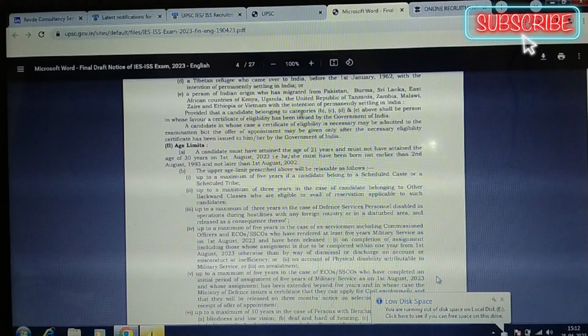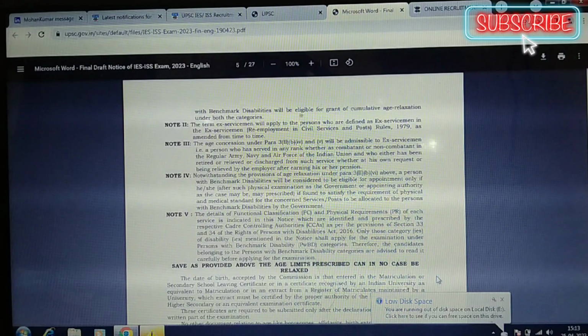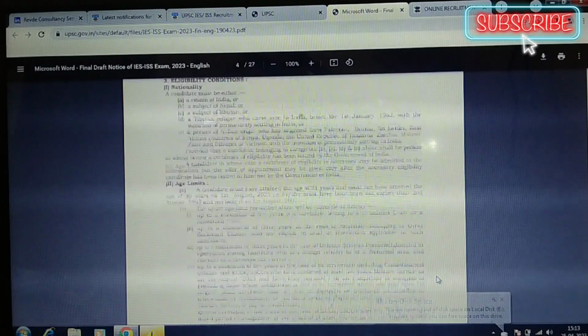So for the national defense services personnel disabled in the service, there is a 3 years exemption. Up to a maximum of 5 years in the case of ex-servicemen including commissioned officers. For the ex-serviceman candidates there is 5 years relaxation. For up to 5 years in the case of ECOs or SSOs who have completed an initial period of assignment of 5 years of military service as on 1st August 2023, and whose assignment has been extended beyond 5 years, and in whose case the Ministry of Defense issues